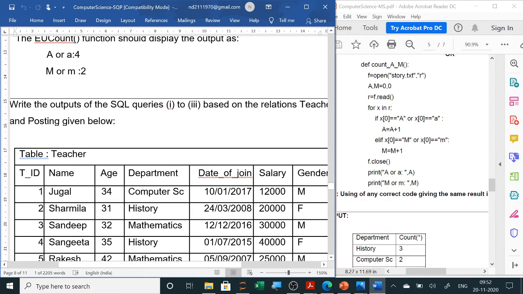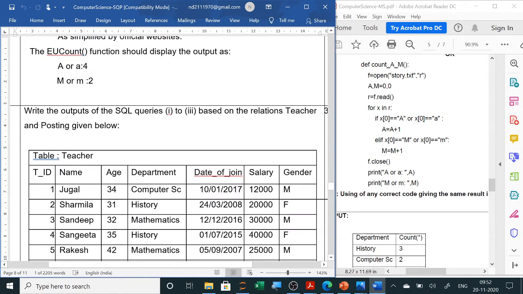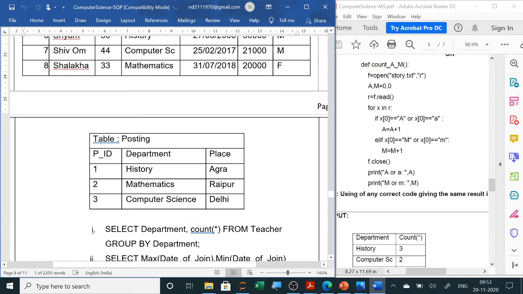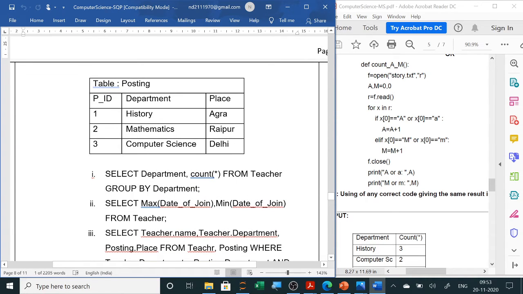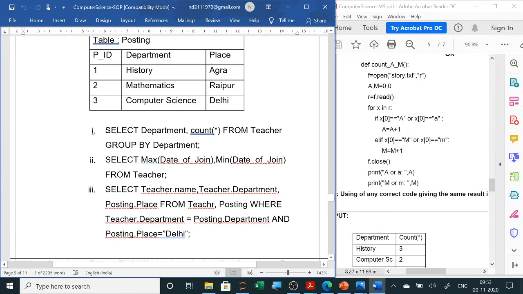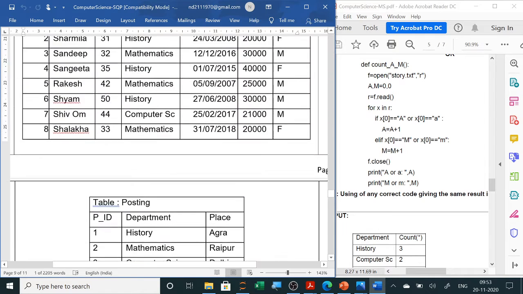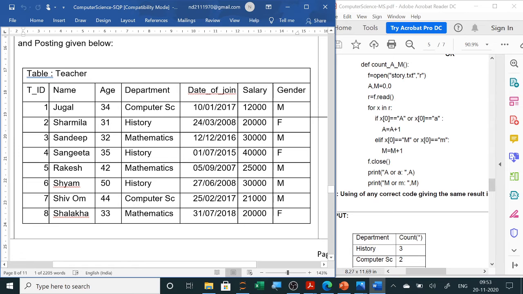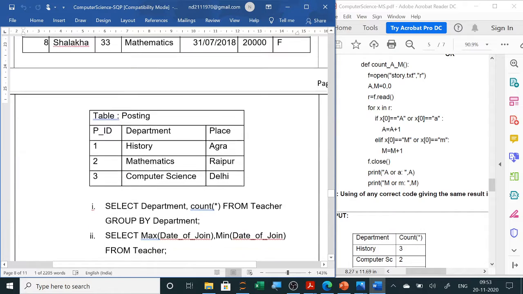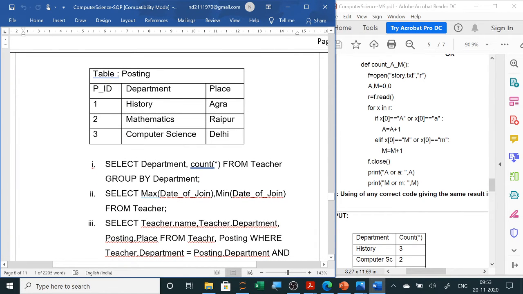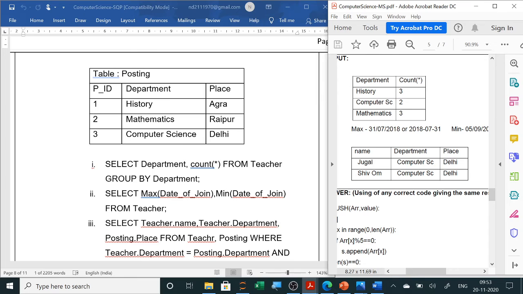Now the third question is a SQL table is given to you. All these questions are of 3 marks, and 2 tables are given to you, and they have used some select queries. That means you have to write the output of this. So now the first one is group by department of teacher table. So you will come to teacher table, you will group by department. So all the departments you will group. So this is your teacher table. All the departments with computer science together, history, maths, all together you will group by, and then you will count how many are there. So you can see the output also here.